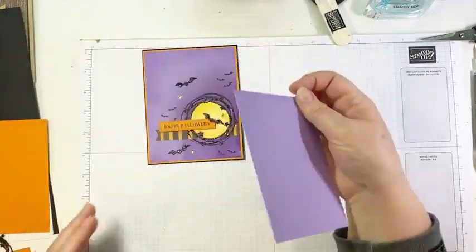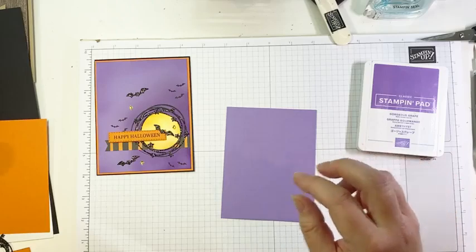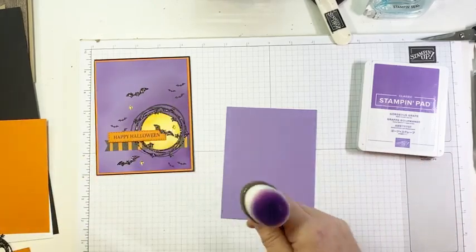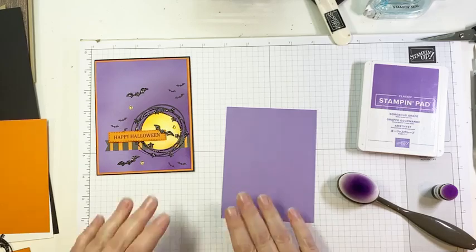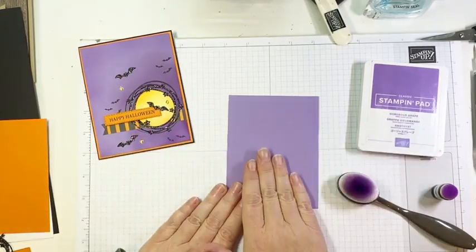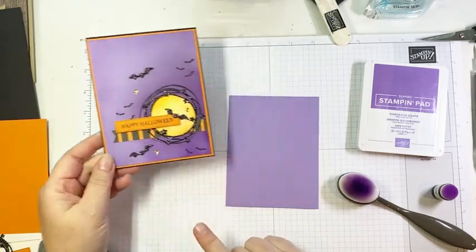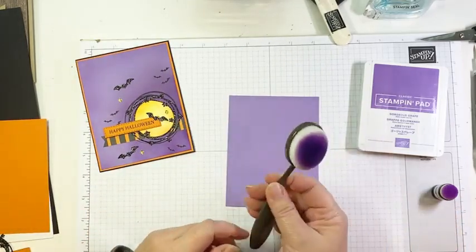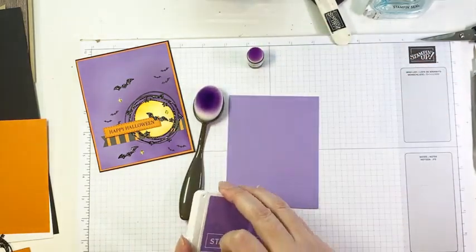So we're gonna do a little ink blending, one of my favorite things to do. So I'm starting with a piece of Highland Heather cardstock, and I'm using Gorgeous Grape ink to apply to my Highland Heather. So it's going to give me that sort of cloudy, kind of dusky look. I'm going to use both my blending brush and a sponge dauber. I'm going to start with my blending brush,